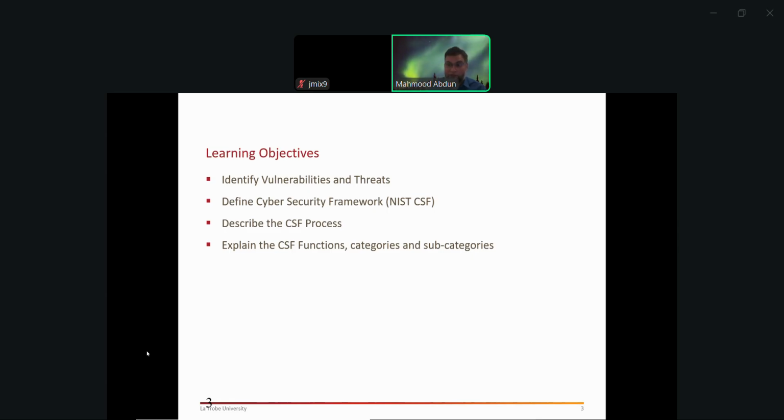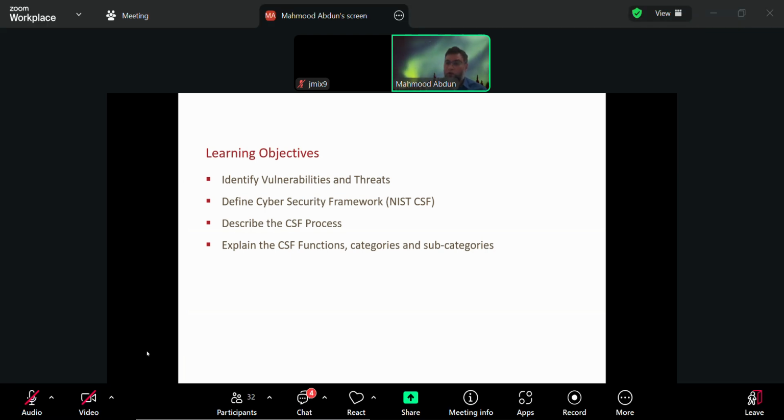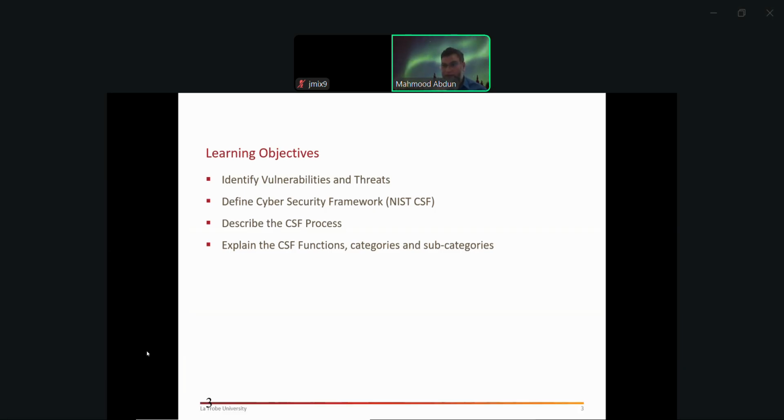For example, the Cyb certification and so on, they will also cover this kind of frameworks. But we'll talk about those frameworks in a bit. We'll look into the processes, the categories, functions, and then, of course, after this, we'll also look into CIS control. So that comes after we finish the first part.